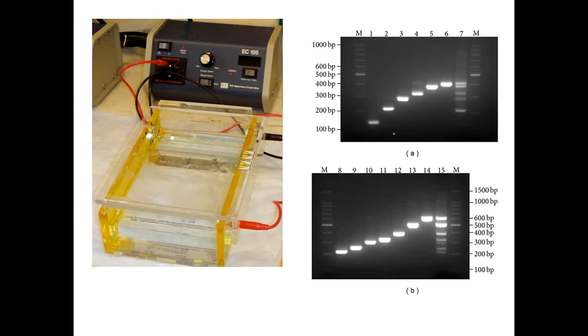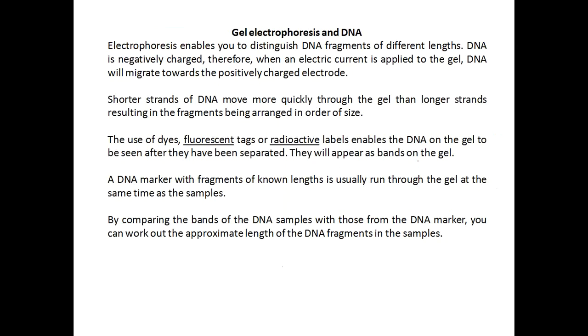So this is 1000 base pair, 600 base pair, right? So 100 base pair moves very fast, so it is moving a long distance from here to here, right? But 1000 base pair moves slow, so it will move only till this particular distance, right? So based upon size, 15,000 base pairs means the size is more, so it moves very slowly. But 100 base pair, the size is very small, so it moves much faster over a longer distance, right?